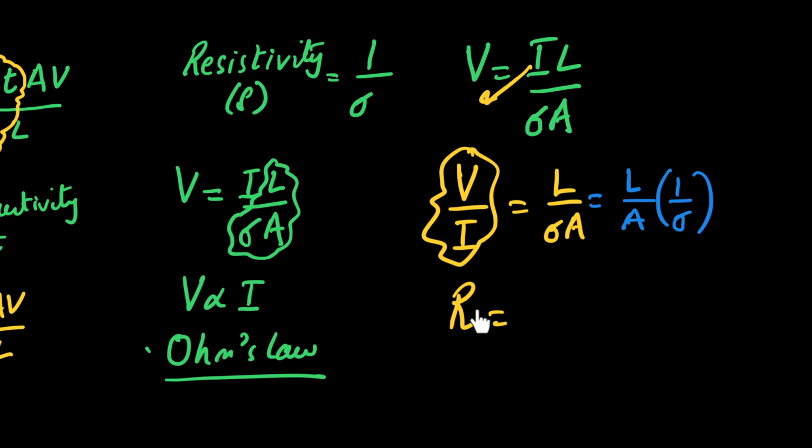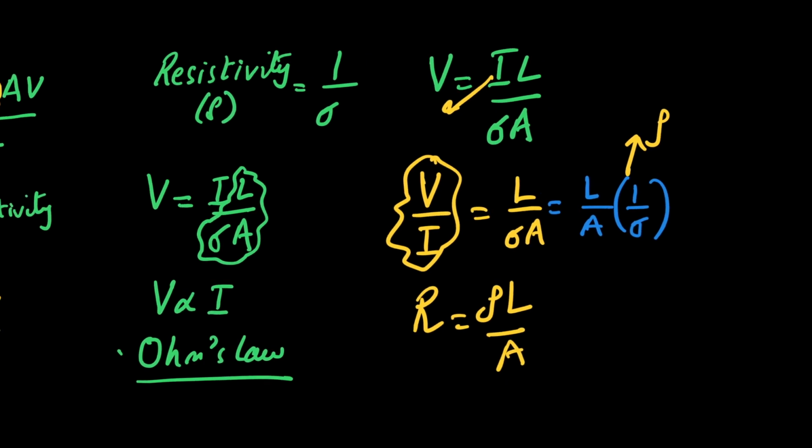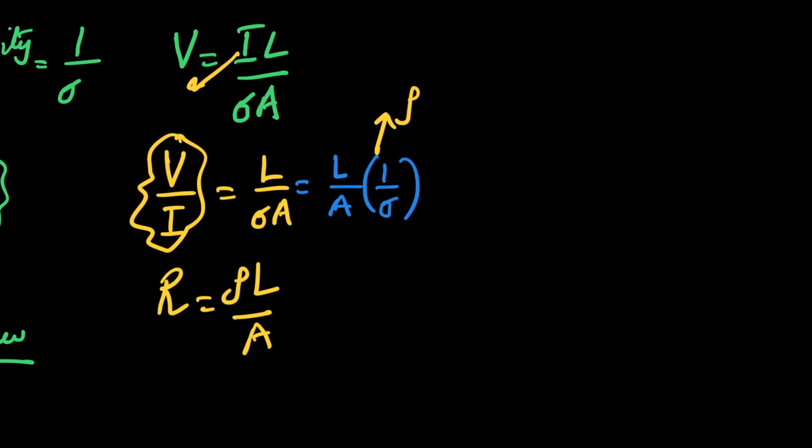So V over I was R, L over sigma को हमने यूं लिखा, और 1 over sigma को मैं लिखता हूँ resistivity. I end up getting another expression, which is rho L over A, because this thing is rho. So वो rho के साथ L multiply हुआ, A divide हुआ, and I'm very sure you have seen this formula before as well. Or if you haven't, then you must have learned the concept in this way in O levels,